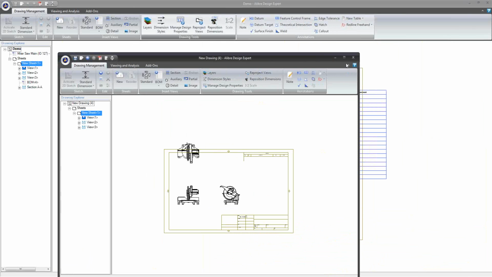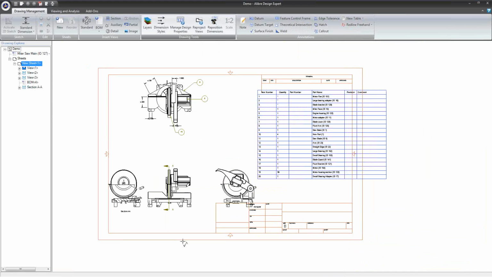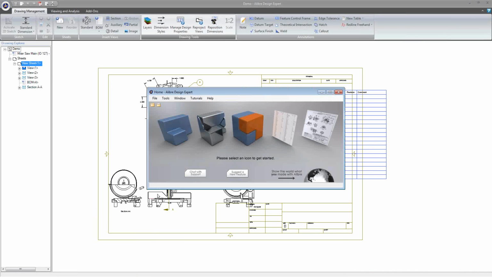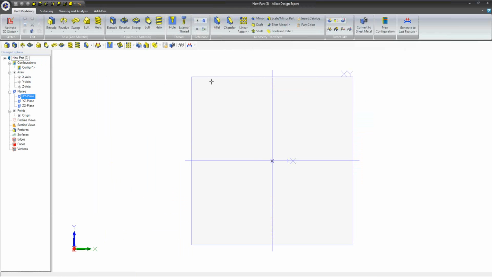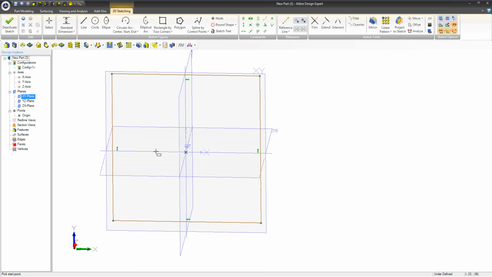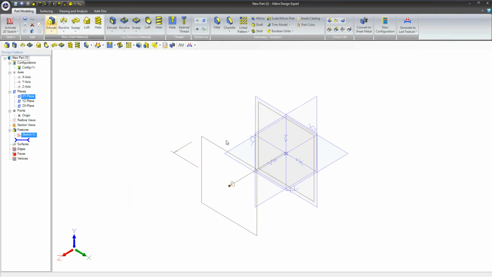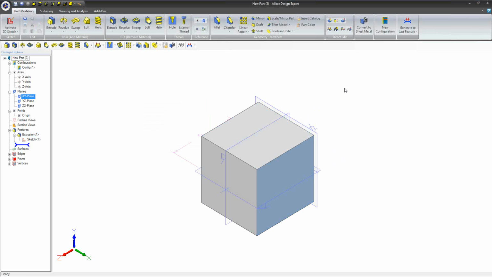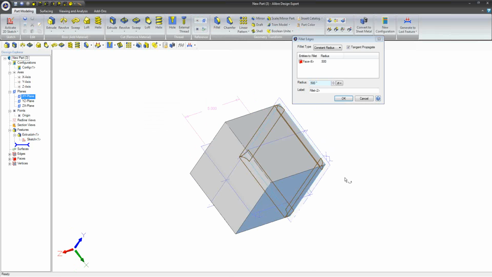Another new feature we have in Alibre Design 2012 is on the part modeling side. And that's simply the ability to project sketches from one sketch plane to another. So if I make a basic extrusion, and then we apply fillets to that,